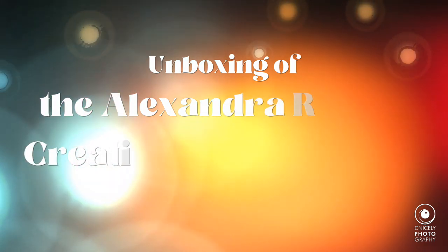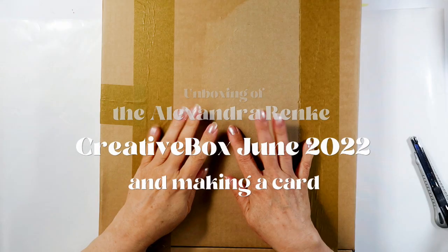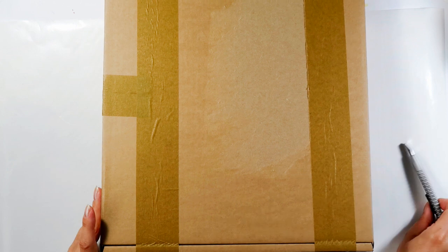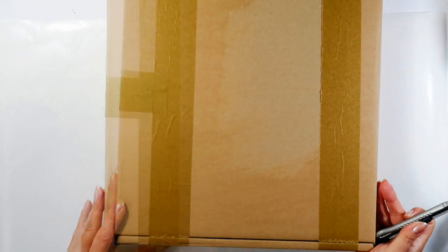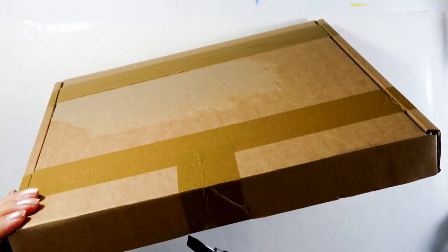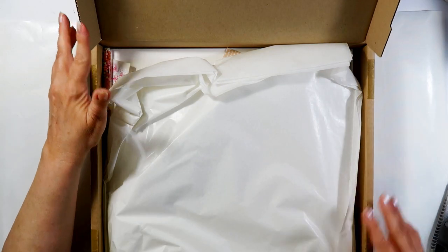So today I'm doing another unboxing of the Alexandra Renke subscription box for June 2022. So here we go. I tore off the label this time. I usually do that anyway, so it's not that heavy, but seems to be quite full. So here's the